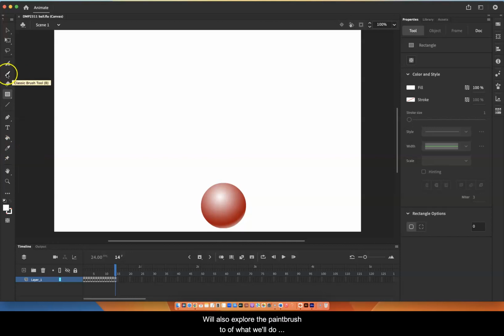We'll also explore the paintbrush tool, but we'll do that in next week's demonstration. That's when we'll wrap up everything for this unit and you guys can get started on your first assignment. So today, what we're going to do is start with the file that we ended with on